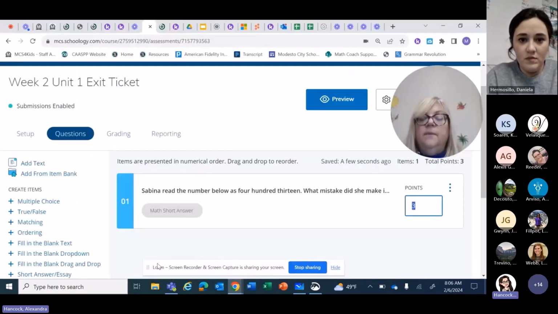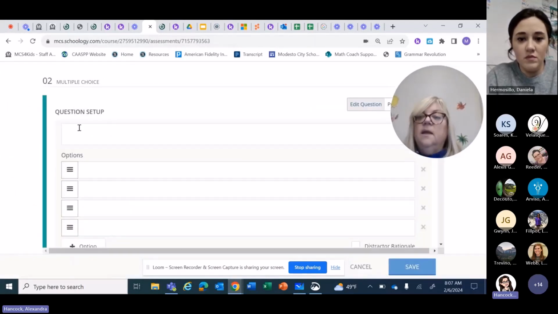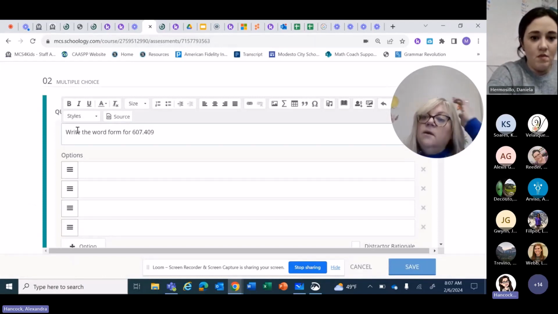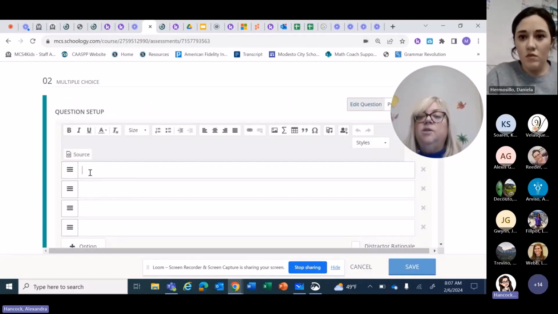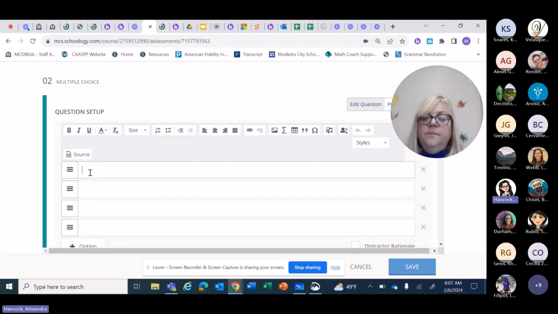And I'm going to go in here. Now I have a new one. So I'm going to call this one, again, I'm going to give this a multiple choice. Write the word form for 607,409 thousandths. And I'm going to choose my options. I'm going to say 606 O, because they like to put an O, 619, sure I have it,